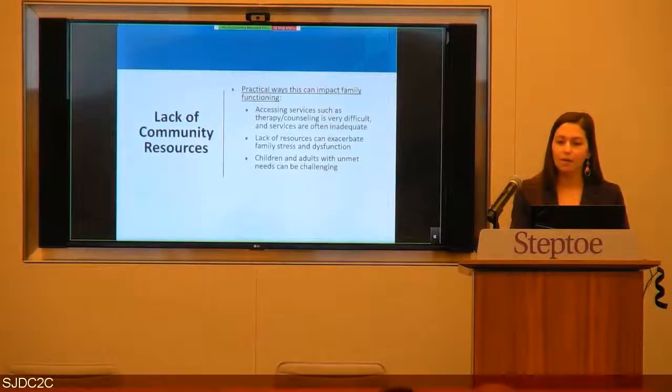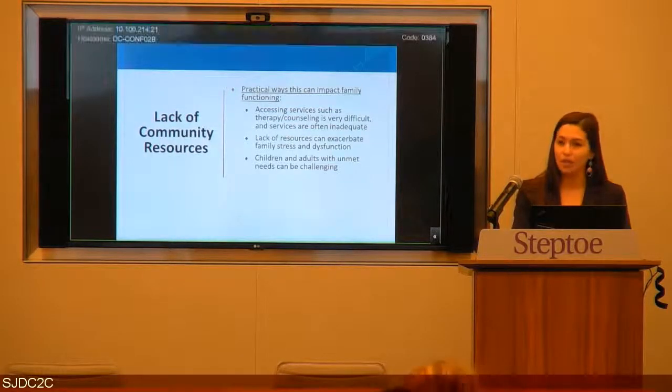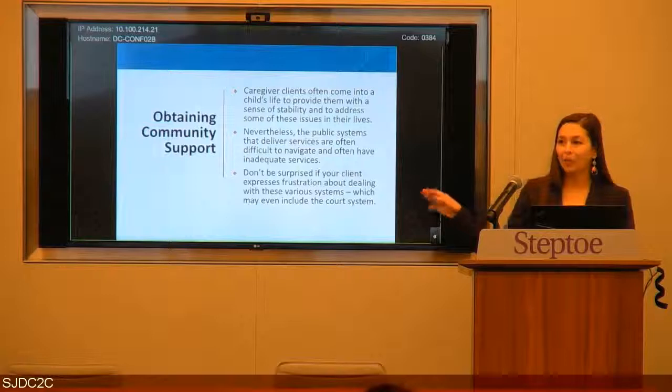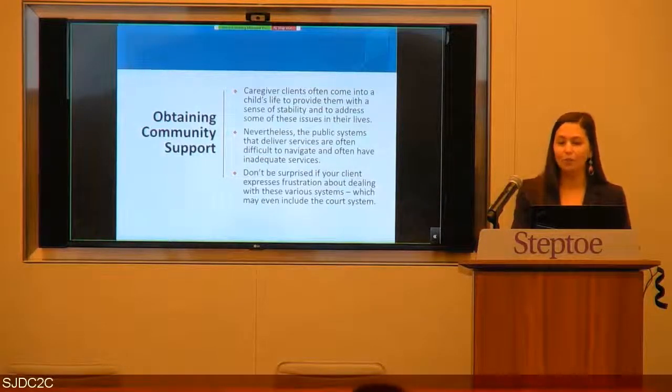So this practically impacts the family in ways that you would imagine, in getting the services that they need. Often, we have these fantastic caregivers. It's amazing, they're stepping in to raise their child's child or someone else that's a family friend, someone that they know, their kin, and they're doing their best to provide stability, to provide that loving home to a child. But it's hard to navigate the systems that are in place, and it's hard to be able to adequately meet their needs. So we have a bullet on here, and we say this in a couple of places.